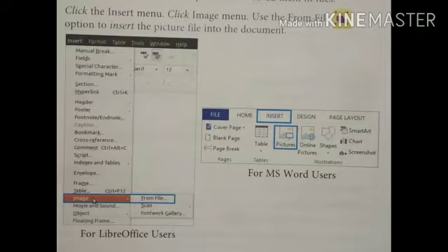And for MS Word you just simply need to click on insert option, then pictures option, and just browse your picture and click on OK. And if you will click on online pictures option, then you can browse the image from online also.